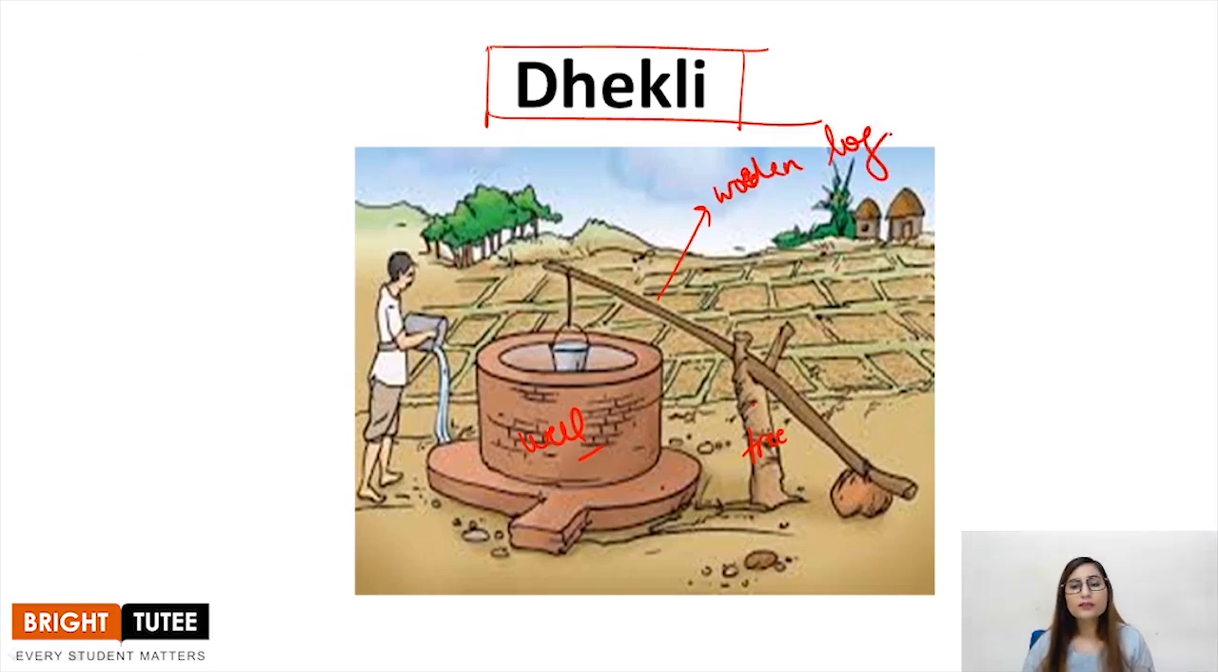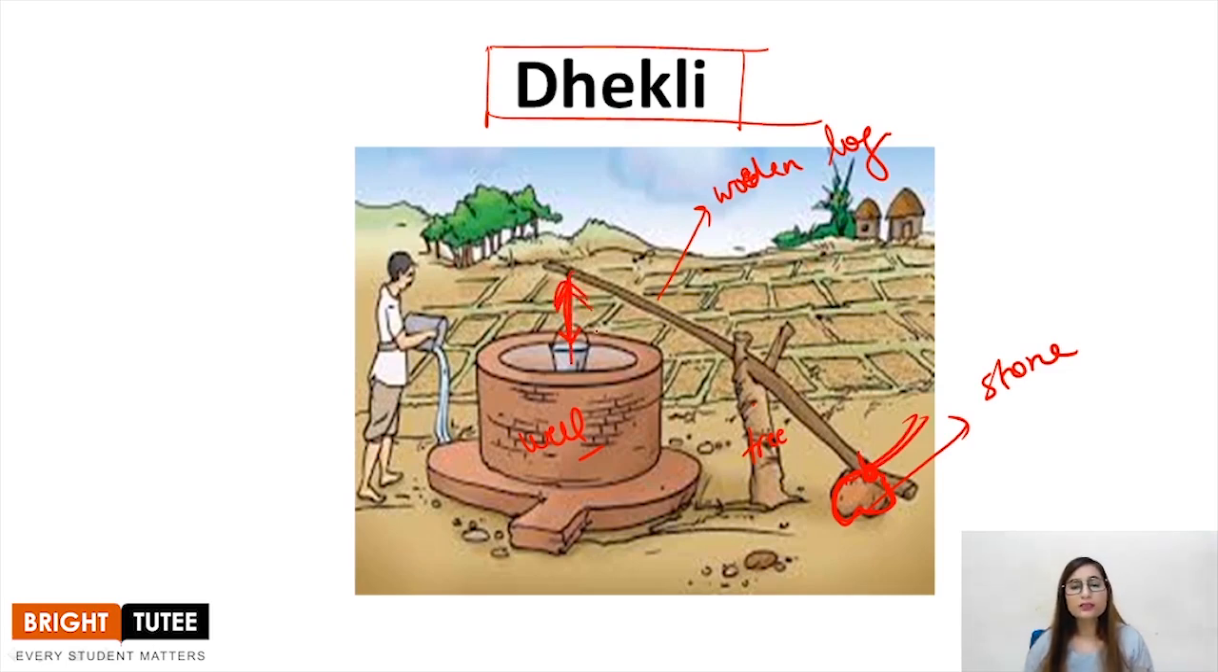Wooden log, you can say. A stone has been tied to this end of the wooden log, right? This is a stone. Now what happens is, this bucket is lowered down, right? And then when the bucket is filled, this stone is tied to this end of the wood so that it